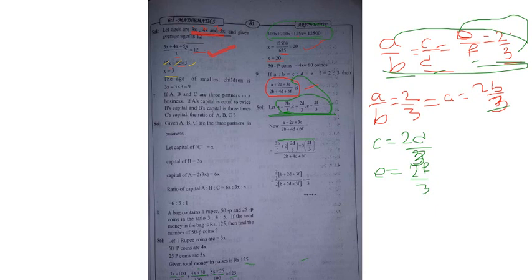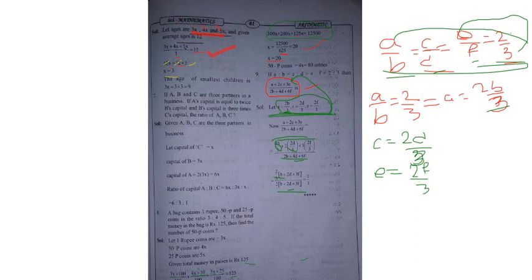So I took 2 by 3 as common in the numerator. What is left? B. B plus, after taking 2 by 3, what is left? 2D is left. 2D plus, if I take 2 by 3 as common here, what is left? 3F. Here in the denominator also 2, 4, 6 are there. Can I take 2 as common? 2 into B plus, 2 times 2 is 4, so 2D, plus, with 2 outside, 2 times 3 is 6, so 3F.